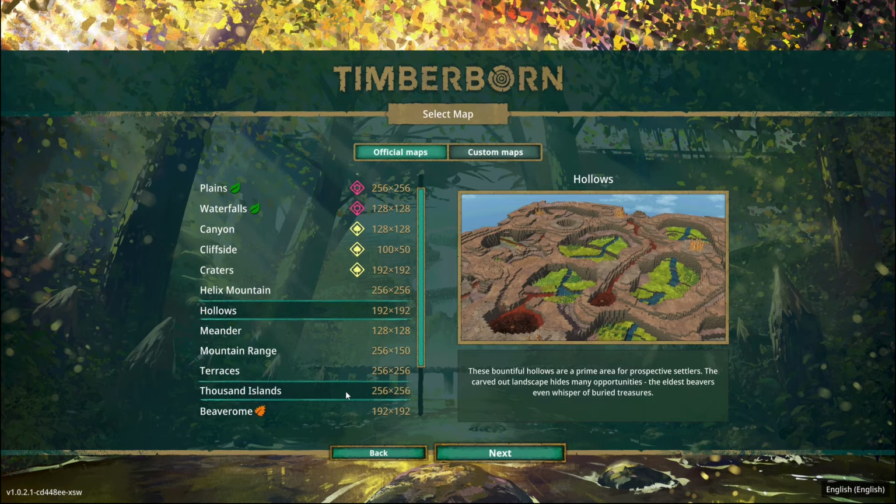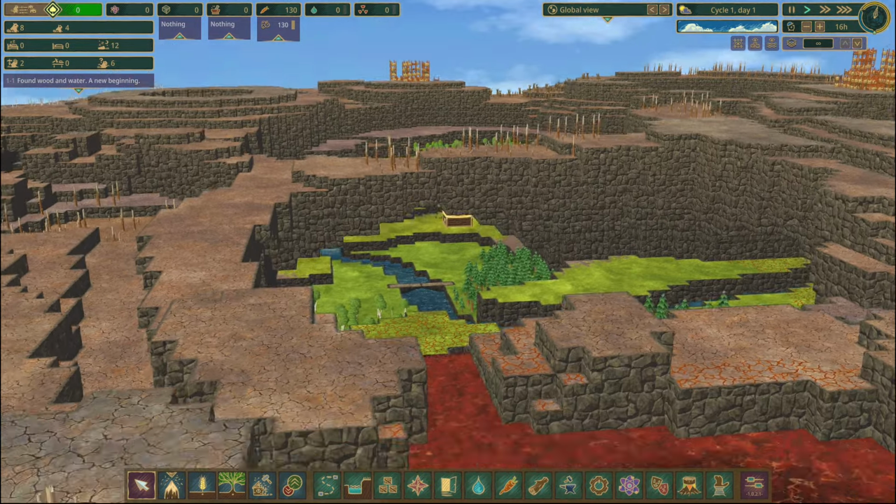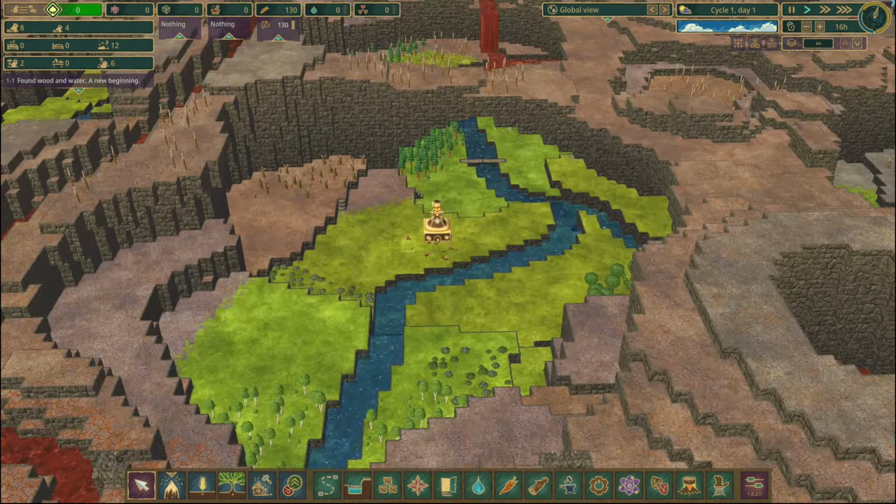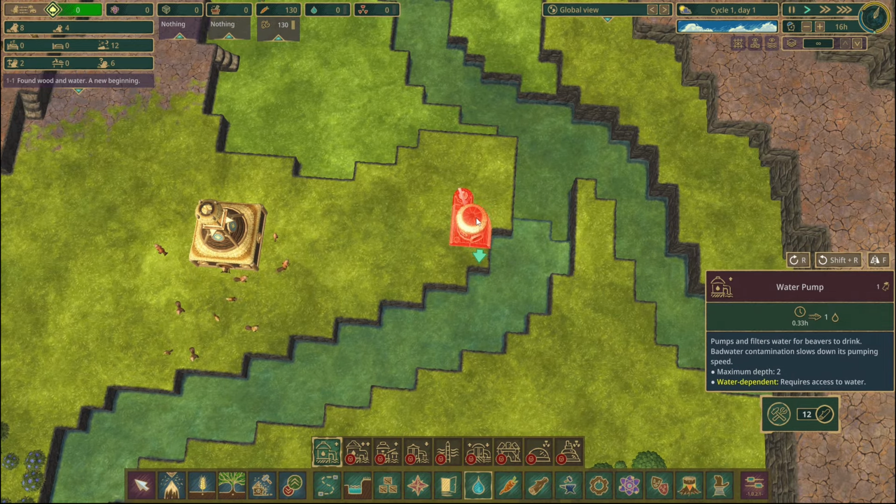Let's start off how we always start off and do things. And we will continue. I have memories of this map. I've played this map before. I feel like I played this map with the archers and stuff. I have memories of this map. So I haven't played it all the way through, obviously, otherwise I'd have the achievement for it. But